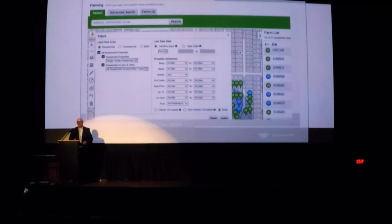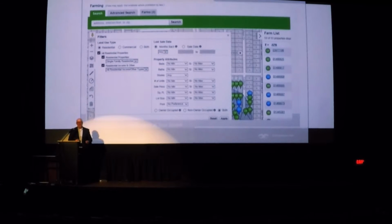So once you do your farm, you can filter it. Obviously we have some options, commercial, residential. You can go days back. You can look at some of the property features, beds, bath, price range, or sales price. It's pretty incredible. And you can even get down to owner-occupied, non-owner occupied. Say that 3 times really fast. So the filtering is another layer, another detail that we've put in here that makes it easy for you to